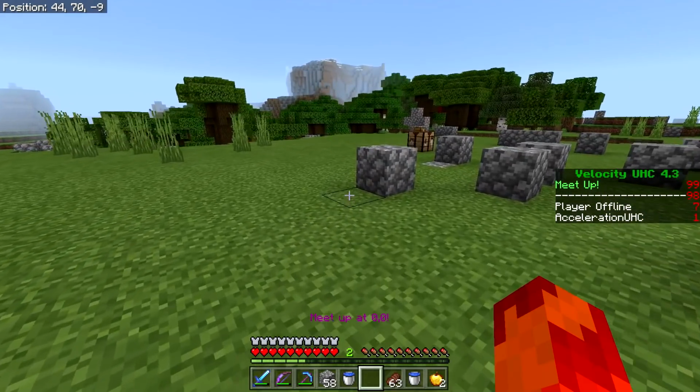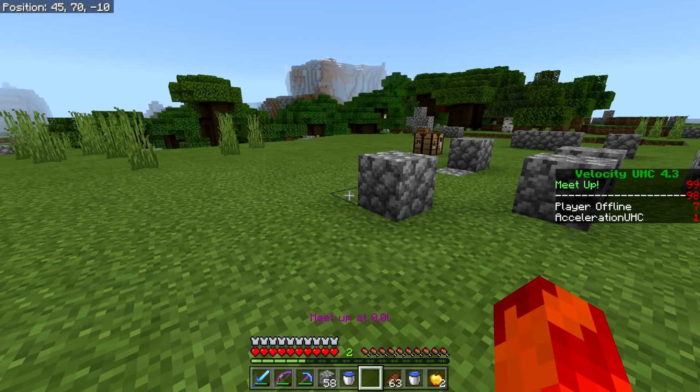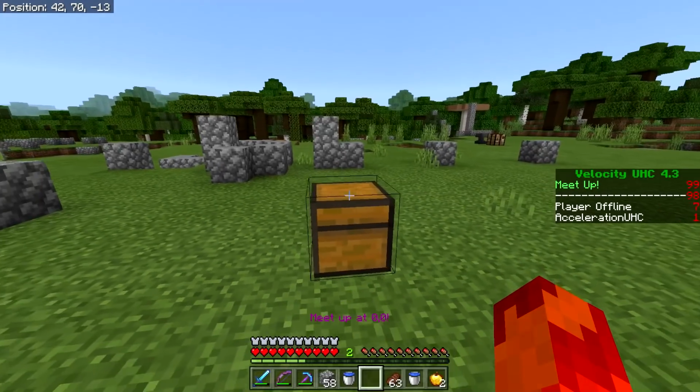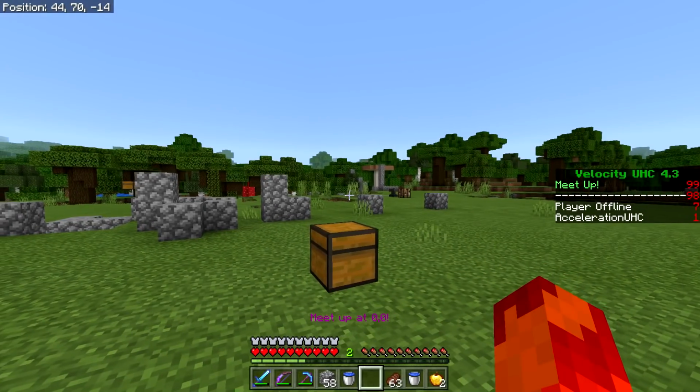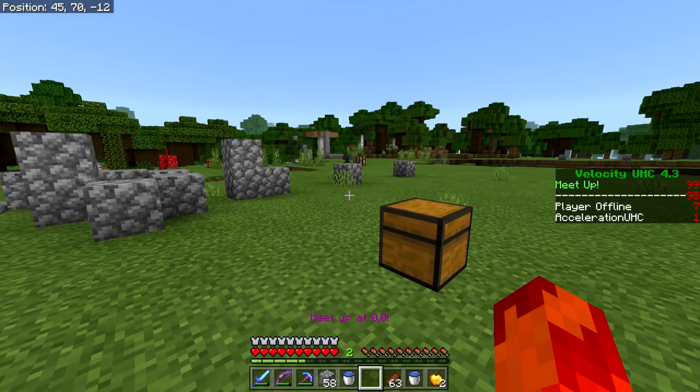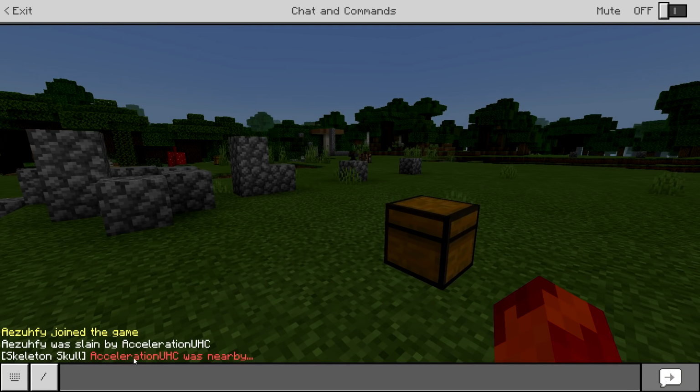So Bedrock Edition doesn't track kills normally like Java Edition does yet. There's no scoreboard command. There's only dummy scoreboard commands. I can't track kills with scoreboard commands or anything like that. So I have to do it with a couple of other command blocks. So sometimes you're going to notice that you're not always credited with the kill. Whoever it says was nearby the death